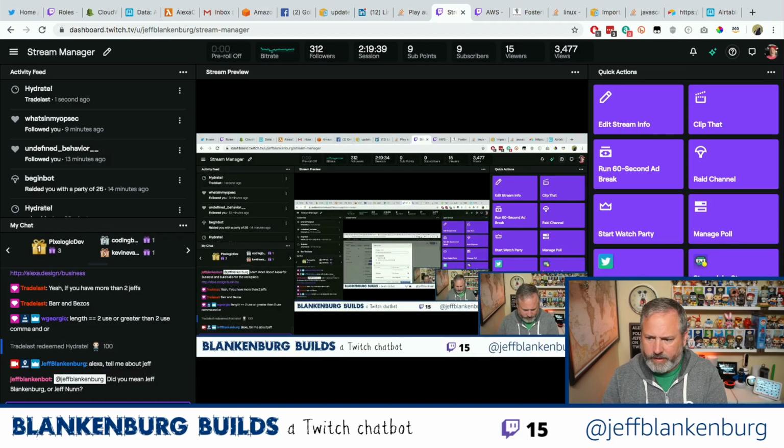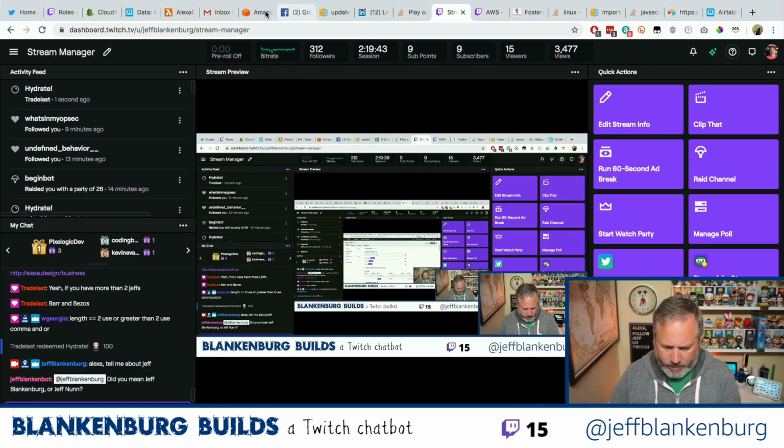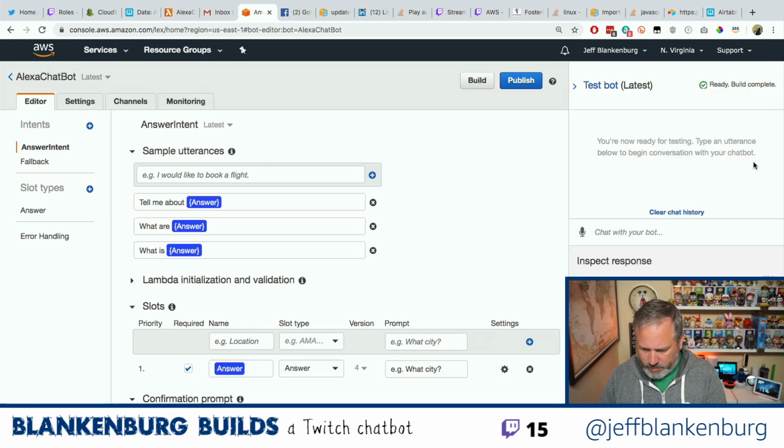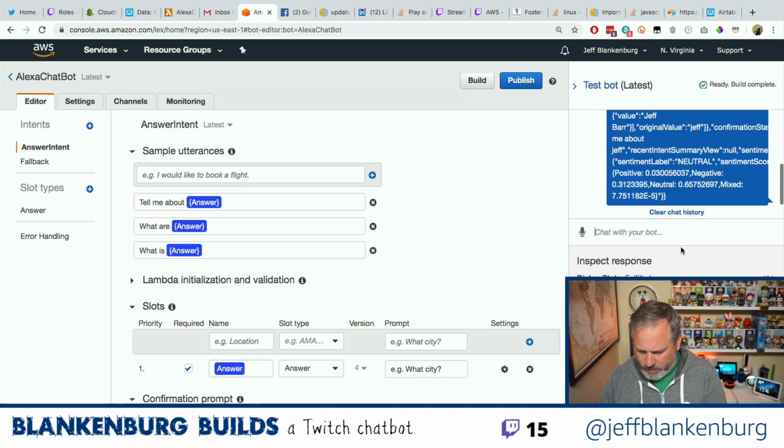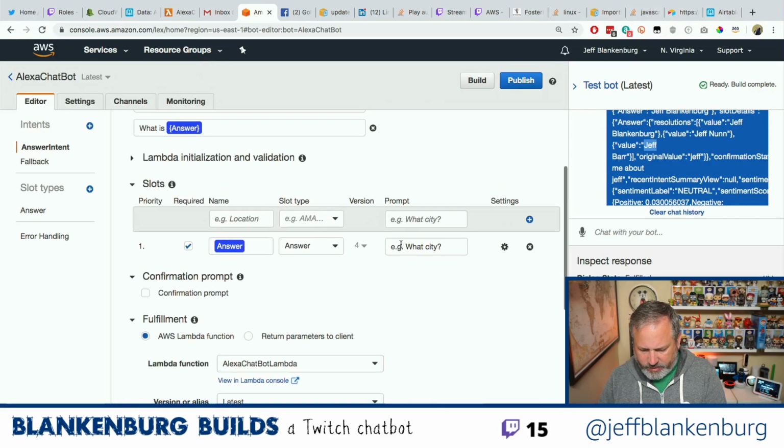Why didn't it find the other values? This is one of those things I still need to figure out. Like, what am I doing here? If I say, tell me about Jeff, I'm getting back Jeff Barr here. It's something to do with all of these little hidden latest.